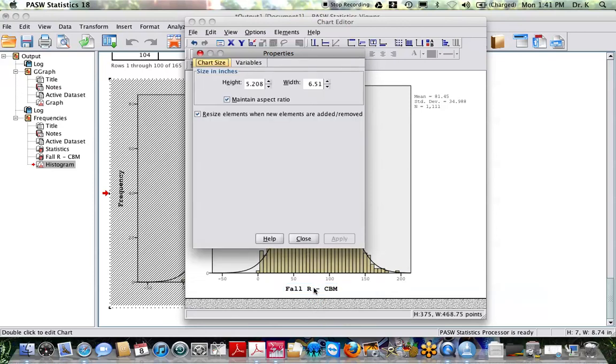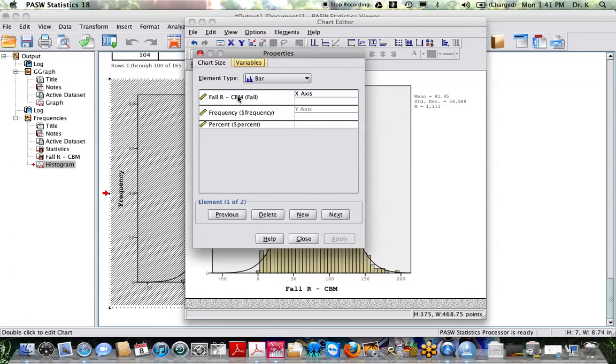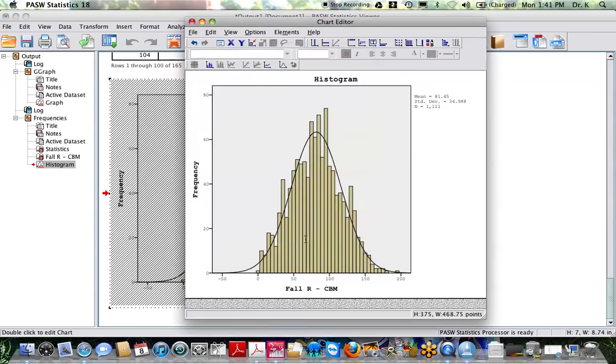Whoops, double clicked on it. Click on variables here. Notice that it says x-axis. And change that so we can label it. So across the bottom we can put fall CBM,